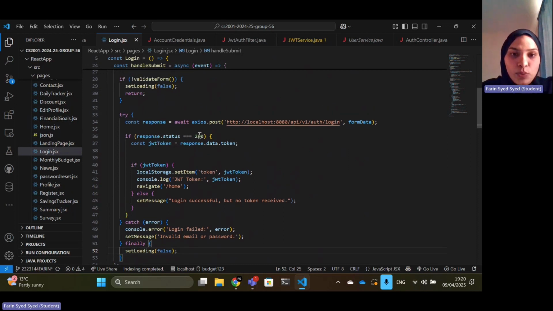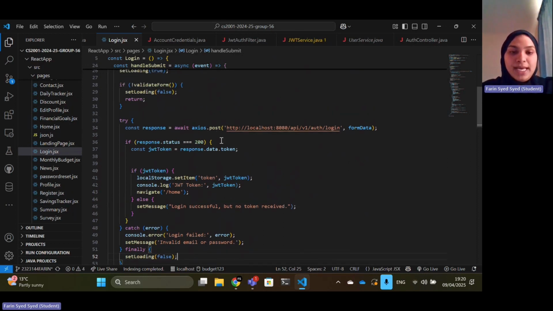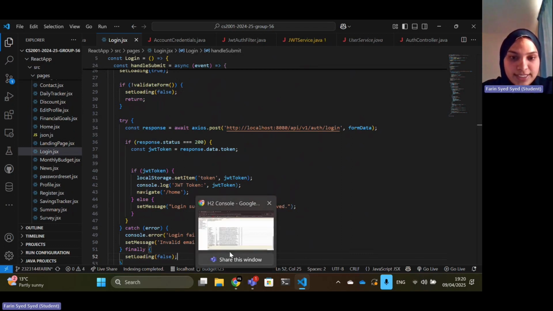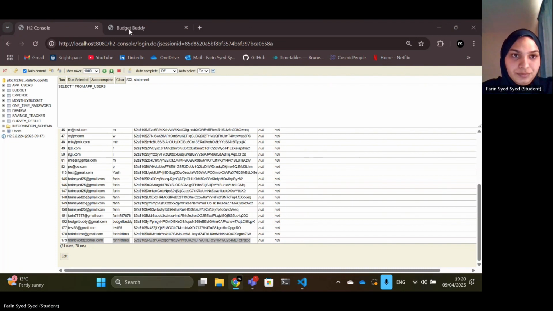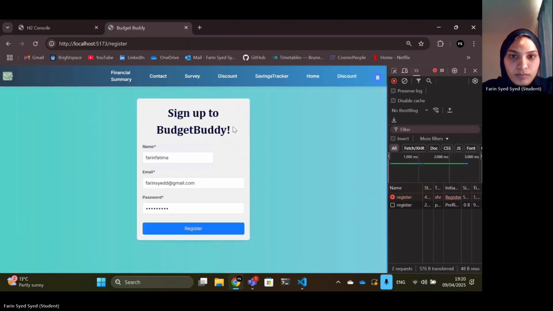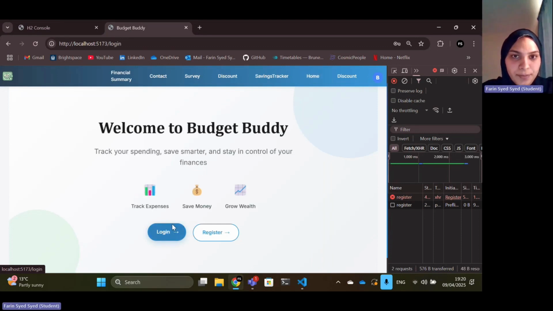And this is what it sends to the backend. So the post method, whenever I log in, will send it to the backend. And then if the response status is okay, so if the credentials match with whoever has signed up, and for example, what I've just showed, then it should show a 200 response. So I'm going to try and sign in. So I'm going back home, log in,